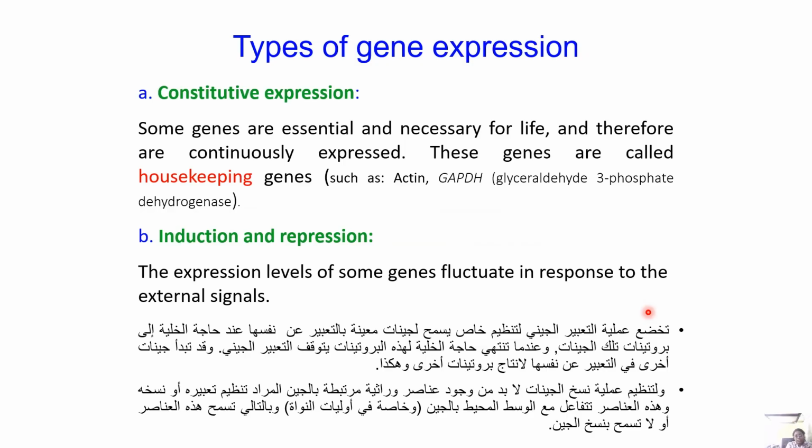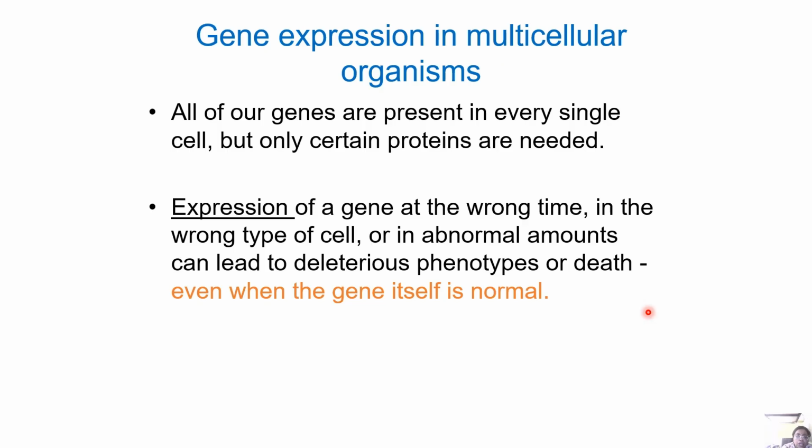Now there are different types of gene expression. For example, there is constitutive expression. In constitutive expression, some genes are essential and necessary for life and therefore are continuously expressed. These genes are called housekeeping genes, such as actin and GAPDH, glyceraldehyde 3-phosphate dehydrogenase. Or we have induction and repression. The expression levels of some genes fluctuate in response to external signals. Now gene expression in multicellular organisms